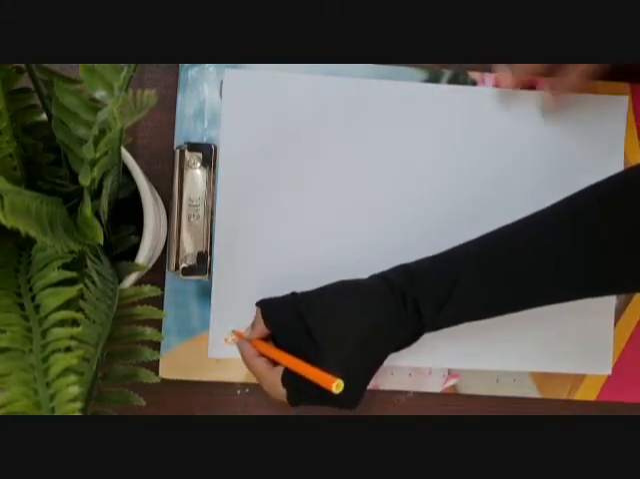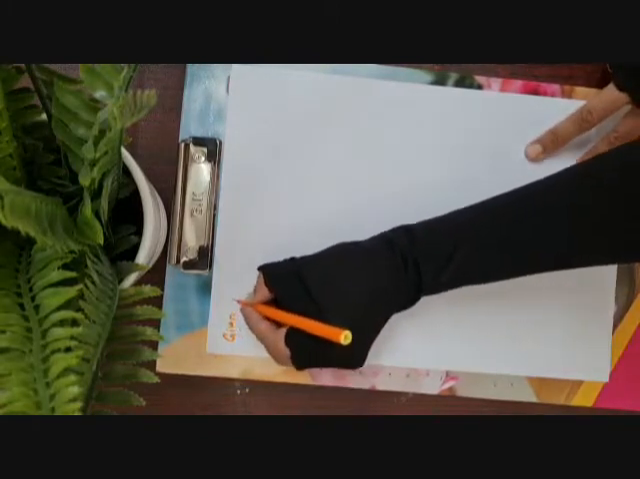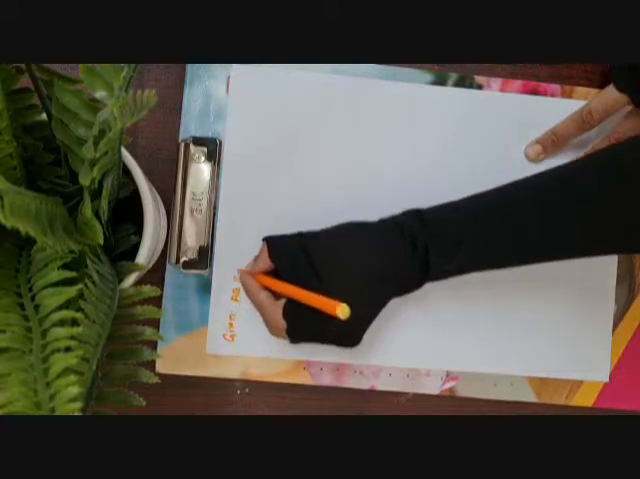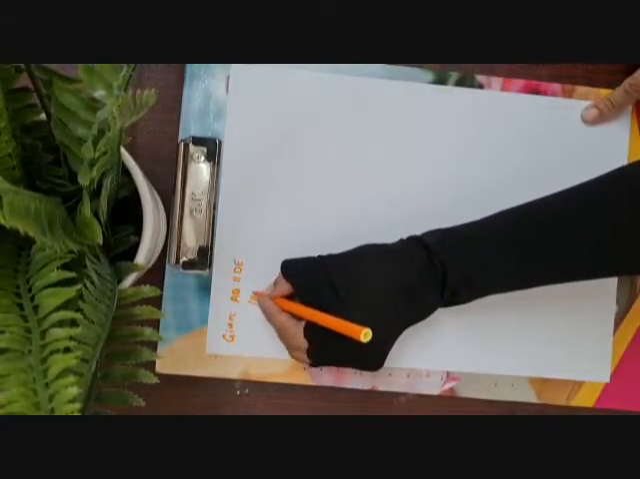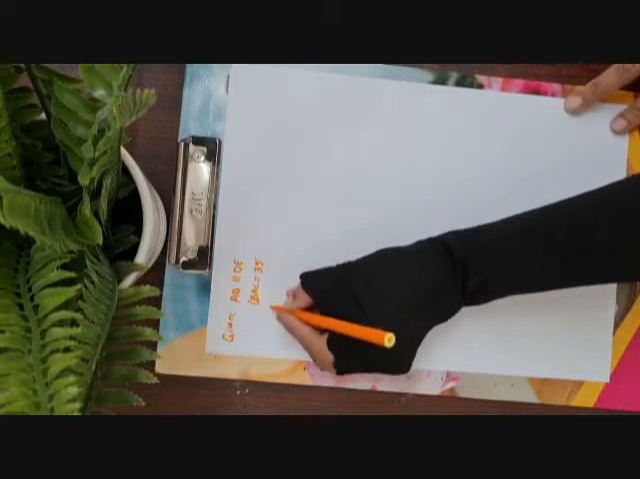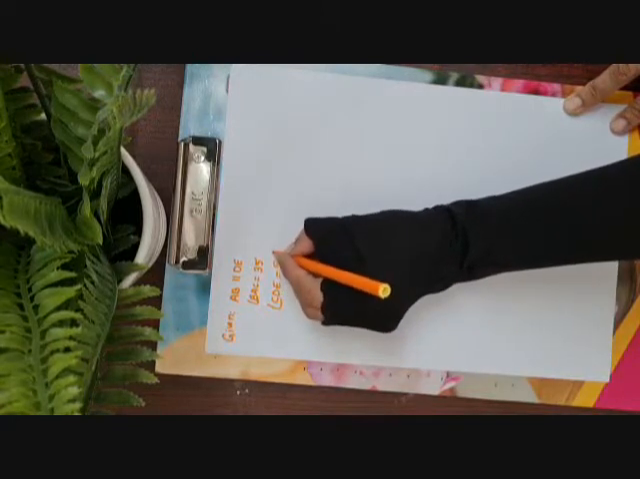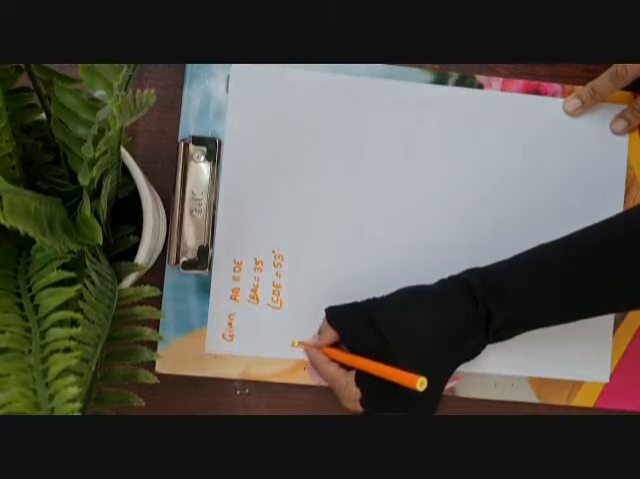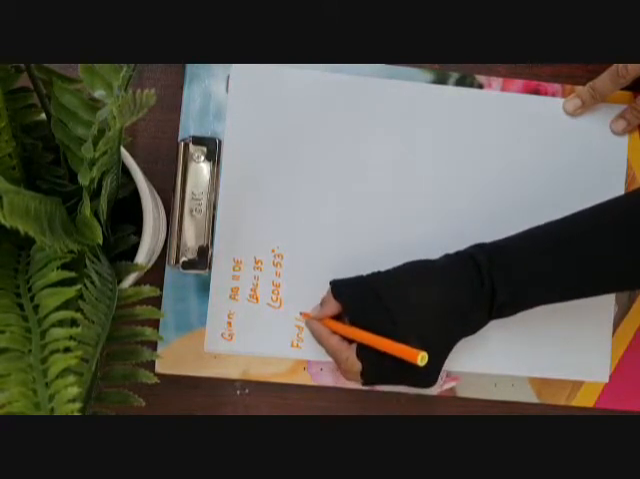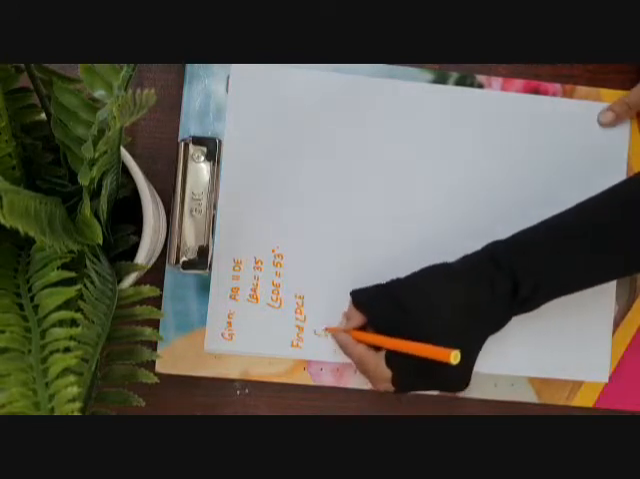Given: AB is parallel to DE. Angle BAC is equals to 35 degree. Angle CDE is equals to 53 degree. Find angle DCE. It is very simple children. First we will consider